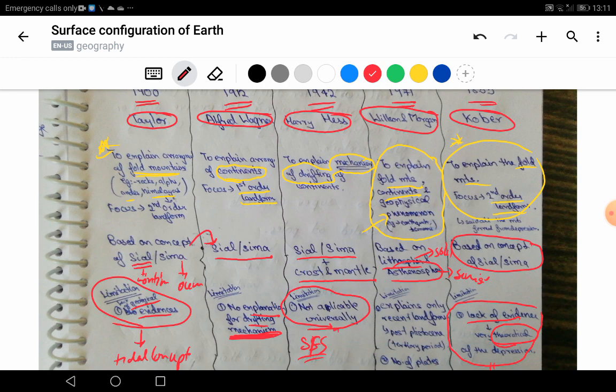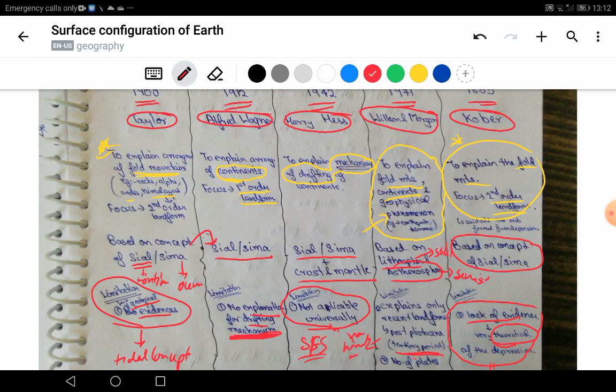And the plate tectonic theory was able to explain how landforms were created and how fold mountains were created. It was given in 1971, so it was way ahead and it explained everything. But it was not able to explain the newest landforms. It explained what was happening in the tertiary period, but the recent landforms like the Himalayas and Andes, these are the new landforms. So it was not able to explain those.